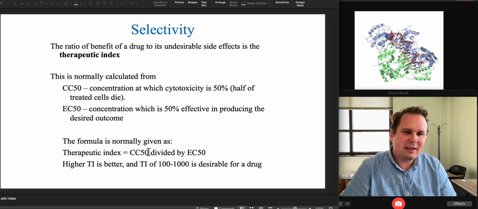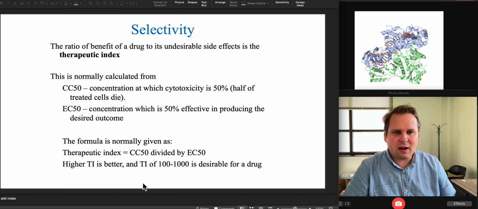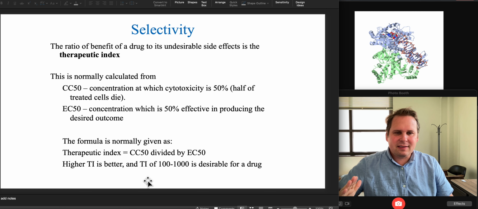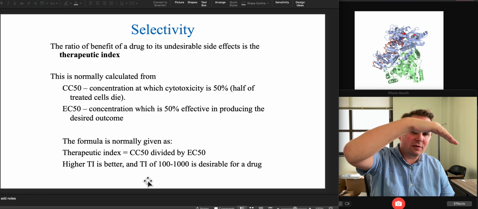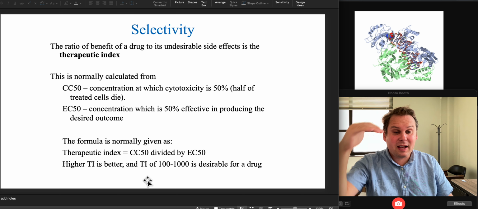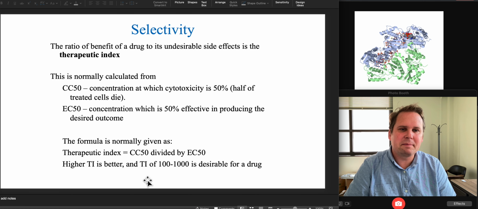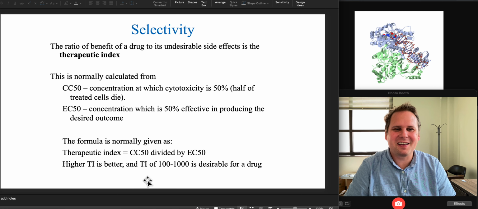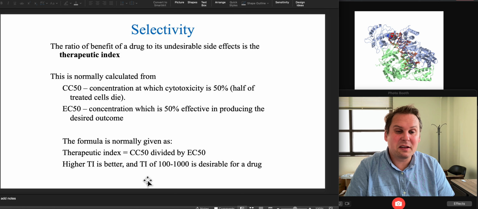And you basically see how big is the window, because you could theoretically put in drug up to near the point where you get cytotoxicity, and that gives you longer, because metabolism's going to start and filtration's going to start, and your drug's going to go down, down, down. But if you start out higher, that means you have a longer period. So maybe you can treat once a day instead of 3 times a day. Or maybe you can treat 3 times a day instead of having a constant IV drip of the stuff to have the desired effect. And so having a good therapeutic index would be something like 100 or better.